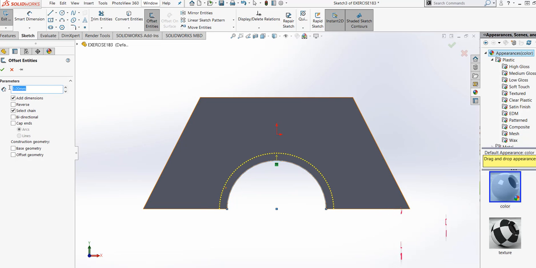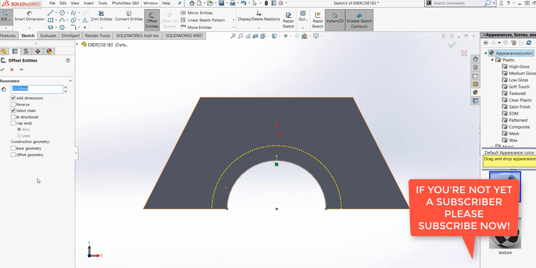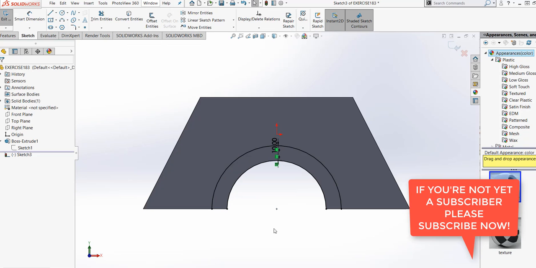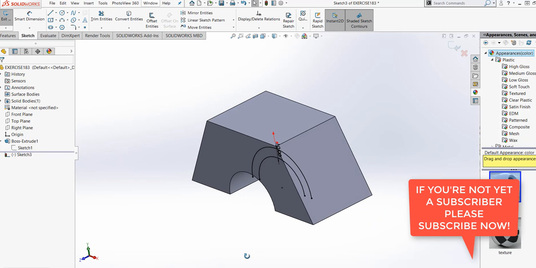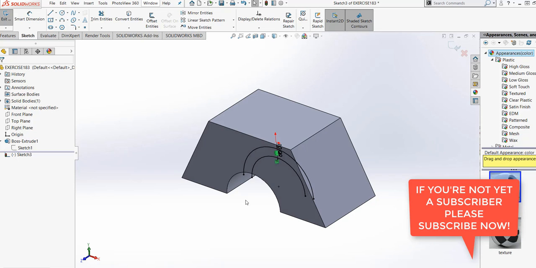Let's do 10 as the offset, and click OK. Now it's in the middle. I want it to be in the middle, so if I extrude on this side and extrude on the other side, it will equalize the extrusion.